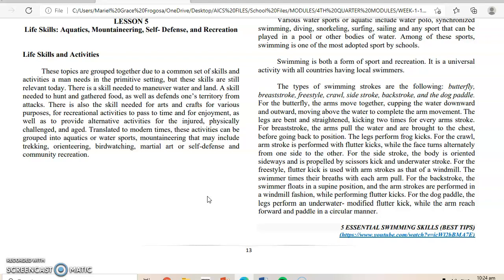For the breaststroke, the arms pull the water to about the chest before going back to position. The legs perform frog kicks. For the crawl, the arm stroke is performed with flutter kicks, while the face turns alternately from one side to the other. For the side stroke, the body is oriented sideways and is propelled by